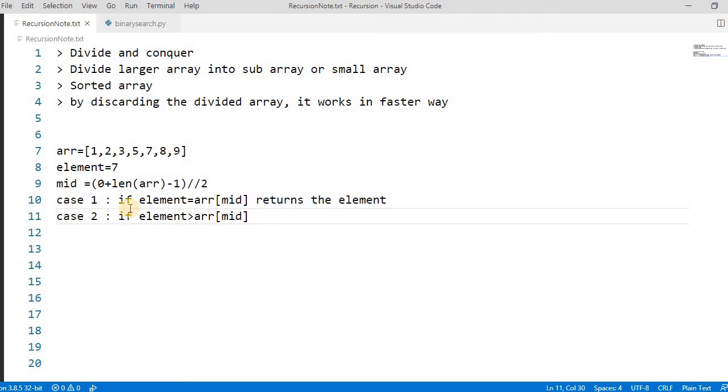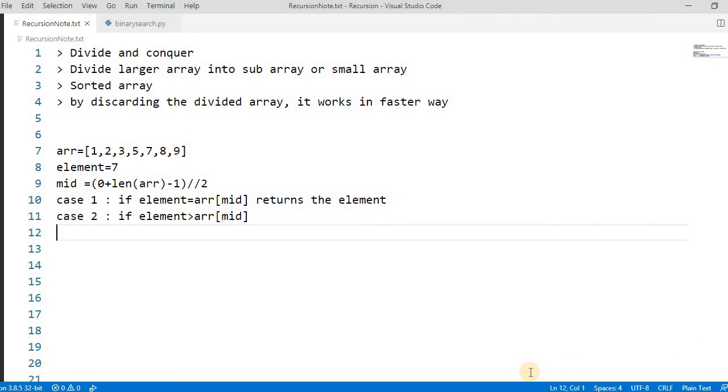if it is greater, it means that we don't have to search these 3 elements. We have to search only this one, right? Because the array is already sorted and the middle of the array is not equal to the element we have to find, we don't have to work on this part. We only have to search in this one, 7, 8, 9, right?